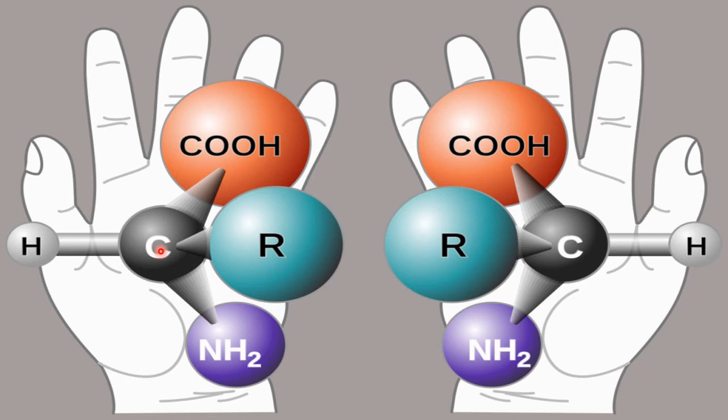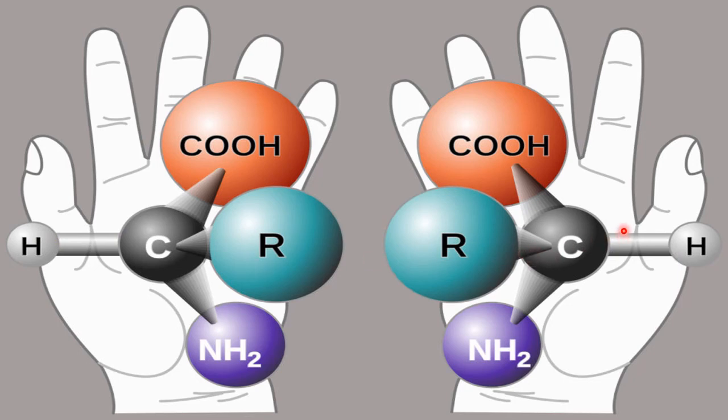Only by structure we will come to know whether it is optically active or not. When you see this part, this is the mirror image of this. Here R is towards the left, this is towards the right. COOH is on this side and this is on this side. NH2 this side, this is this side. H left, H right. So this structure is the mirror image of this structure.